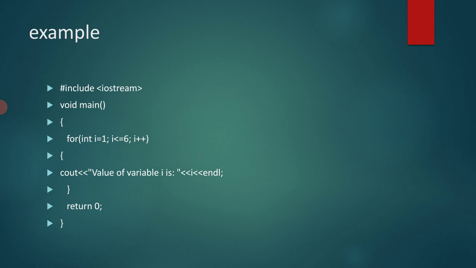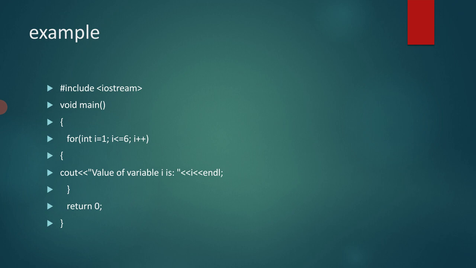Next is void main. Inside the main section you have to apply the loop. For example, you want to print the first 6 numbers, so you can make use of any variable. I have used the variable i, so int i, but it is your choice. You can also declare int i at the start of the program instead of in the for loop. I have not declared it separately, so that's why I have written the word int inside the for loop. It means the data type of the variable i is integer.